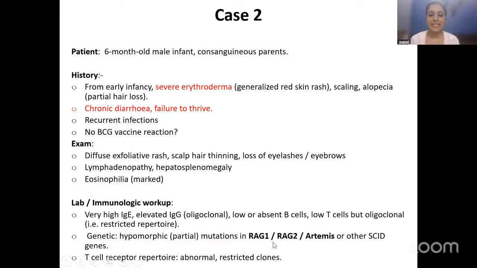When you have B cell receptor formation, when you have B cell development, the variable region and the heavy chain or light chain is formed due to recombination of the VDJ segments. And that recombination is helped by this particular gene. So, may it be in the T cell receptor formation or B cell receptor formation, that doesn't happen. So, the function of both B and T cells is restricted.